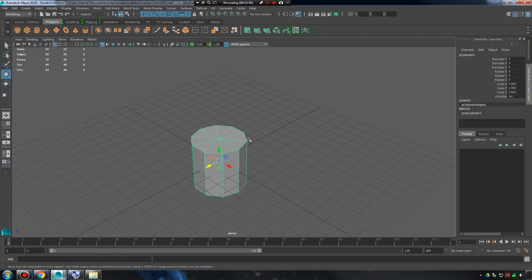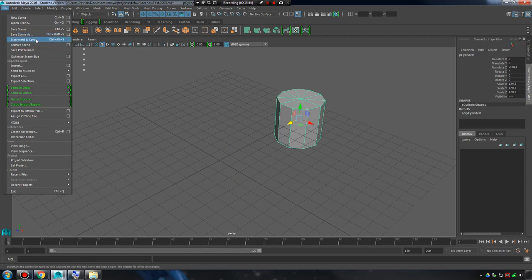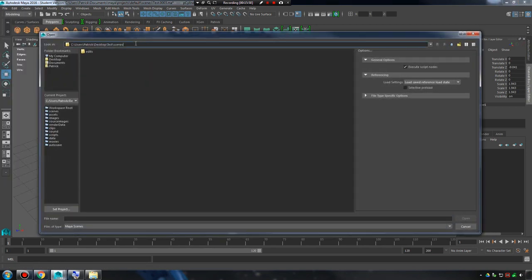I'll create a cylinder right there. And then what I want to do is go back to my old save and import what I was working with into this new project. Because if I go to open scene, I'm now in my test folder that